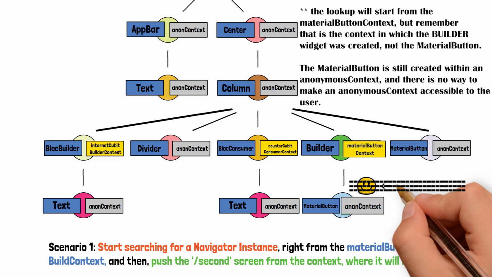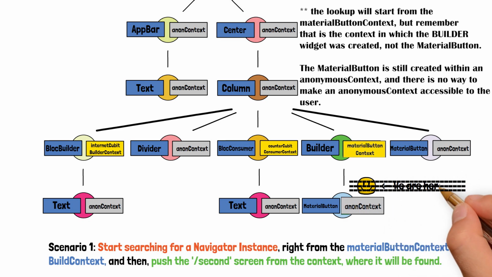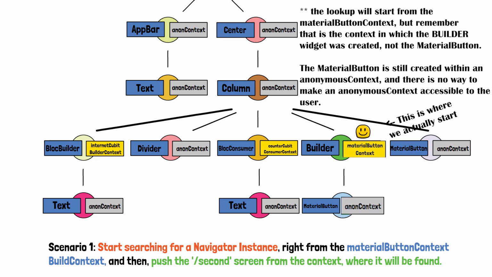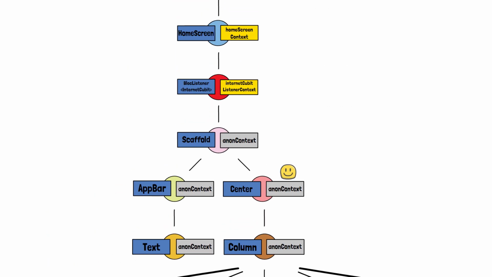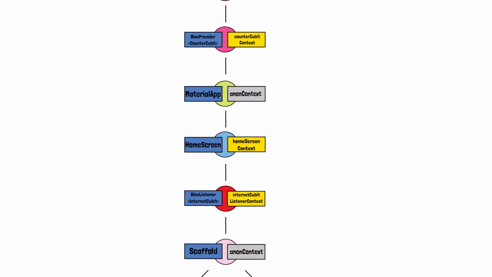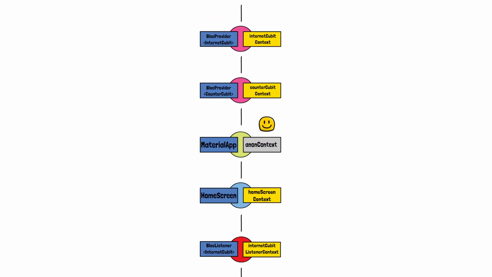We're starting the lookup from the context in which the material button was created, which is the material button context, and then Flutter will ask for the parent widget of it. It will go right to the column widget, then to center, scaffold, and bloc listener widgets. Finally, Flutter will search inside the home screen context for the Navigator widget. None was found there, so it moves again to the parent widget of the home screen widget, which is the